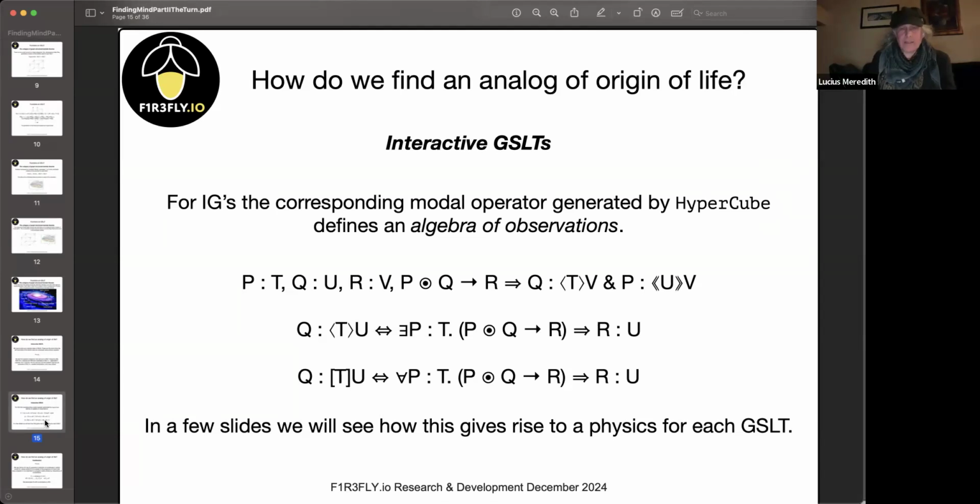So what do I mean by that? Well, suppose that hypercube has generated some type system for us, and we know that P is of type T, Q is of type U, and R is of type V. And further, suppose that we know that when P interacts with Q, that goes in a single step to R. So this is the state transition. Then that allows us to conclude that Q is of the type: after we see T, it is possibly the case that we see V. And P is of the type: after we see U,